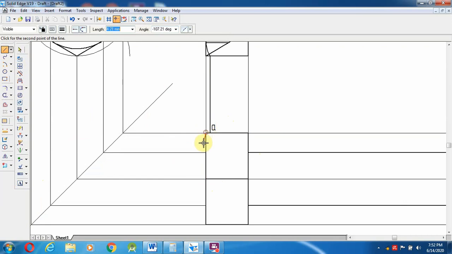From here to, this is the midline. What is the length? 20.78. So 20.78 means this line becomes a midline. Just I am going to extend it, and after that I am going to change those lines to 0.13 mm.